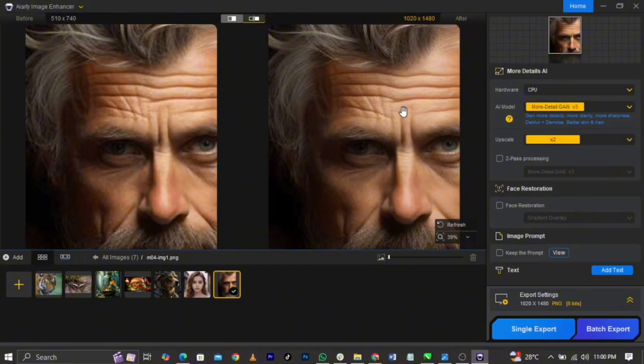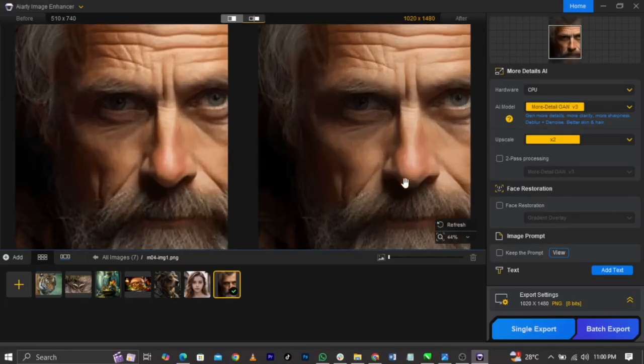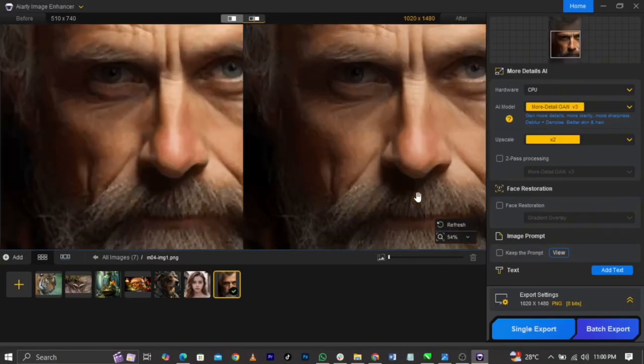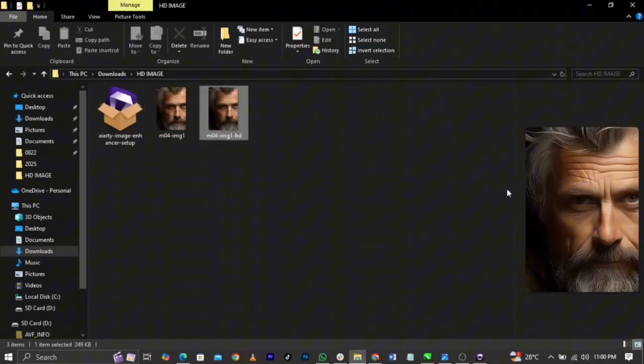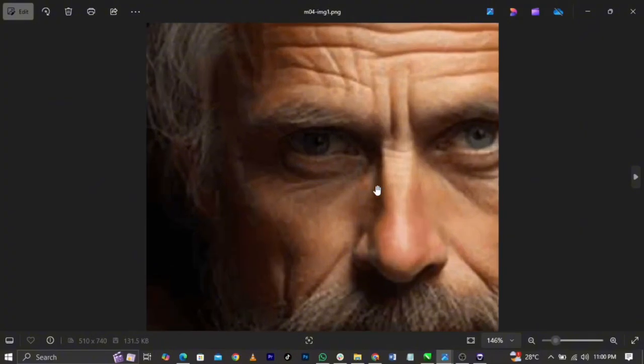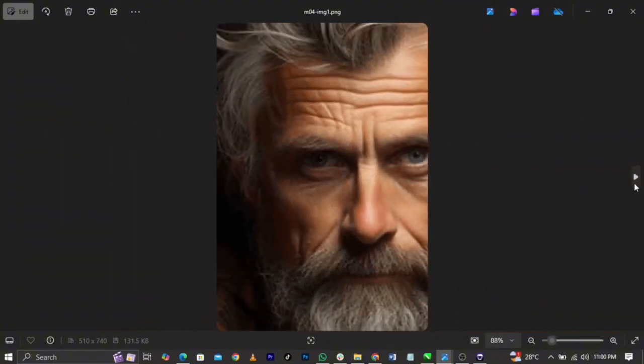Once you're done with everything, and you're convinced with the results, all you need to do is come over to batch export or select single export. Once you do that, this is where you can see the results. You can see we have the before. Let me open it so we see the before. This is the before. You can see the quality, and you can see